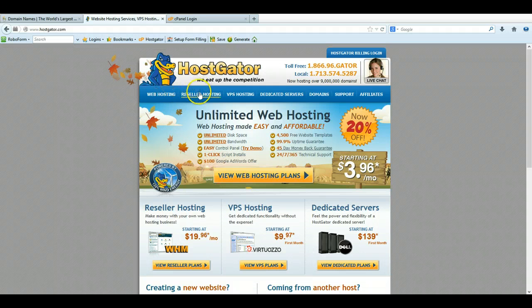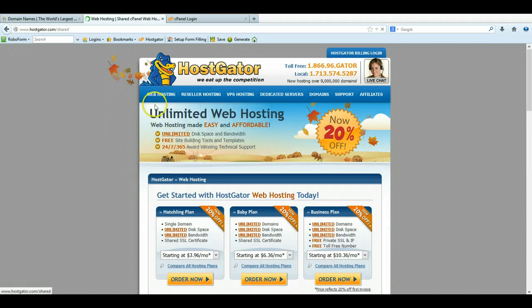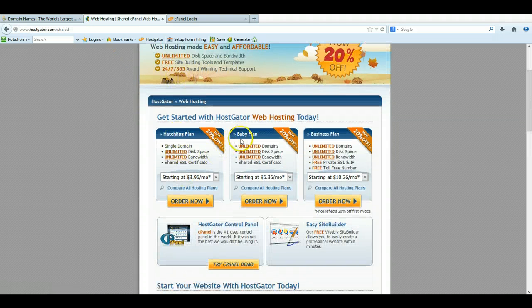Once you are in there, what you're going to want to do is go to web hosting, and select the baby plan. That's going to allow for unlimited domains, which is what you want. If you sign up for a year, it's basically $7.96 a month. It'd be $6.36 a month if you were to set something up for 3 years. The choice is yours. I usually go for a year, and once you do that, just hit order now,